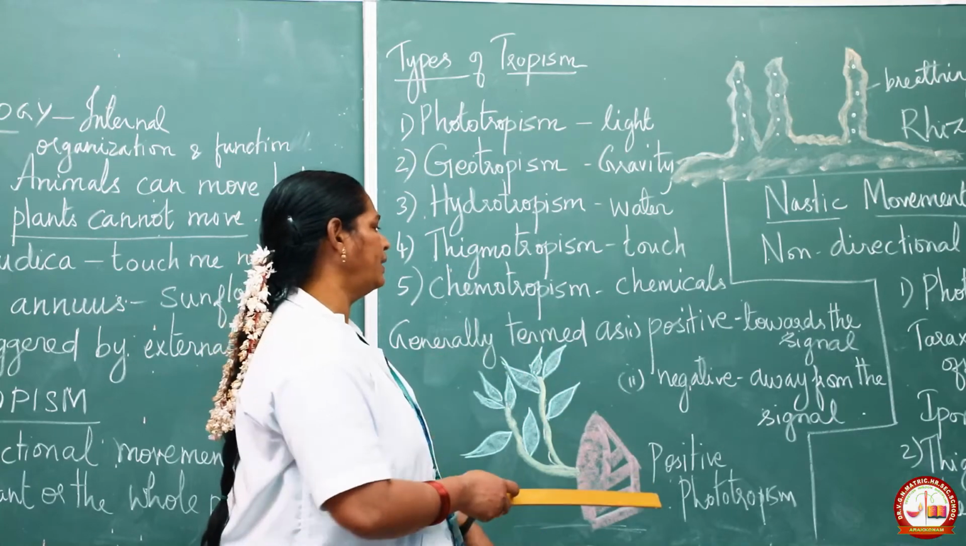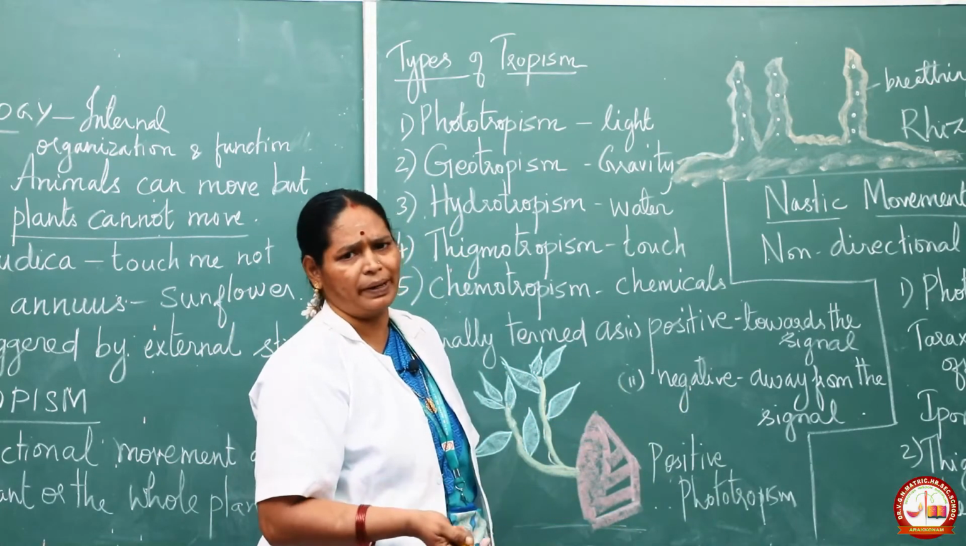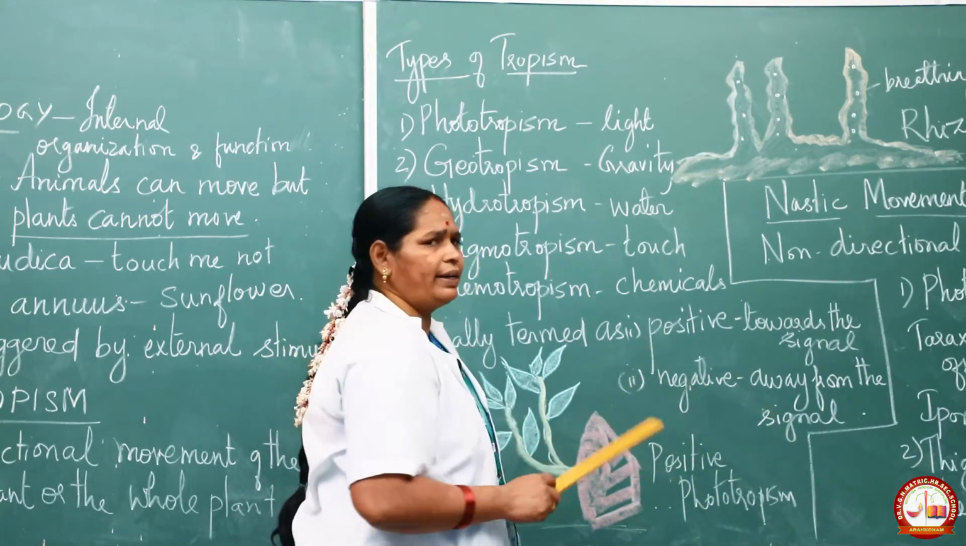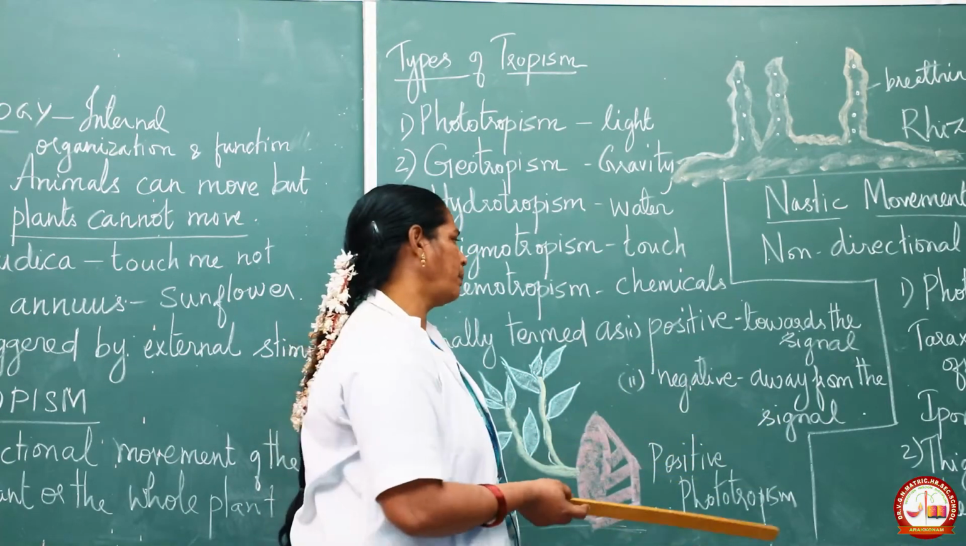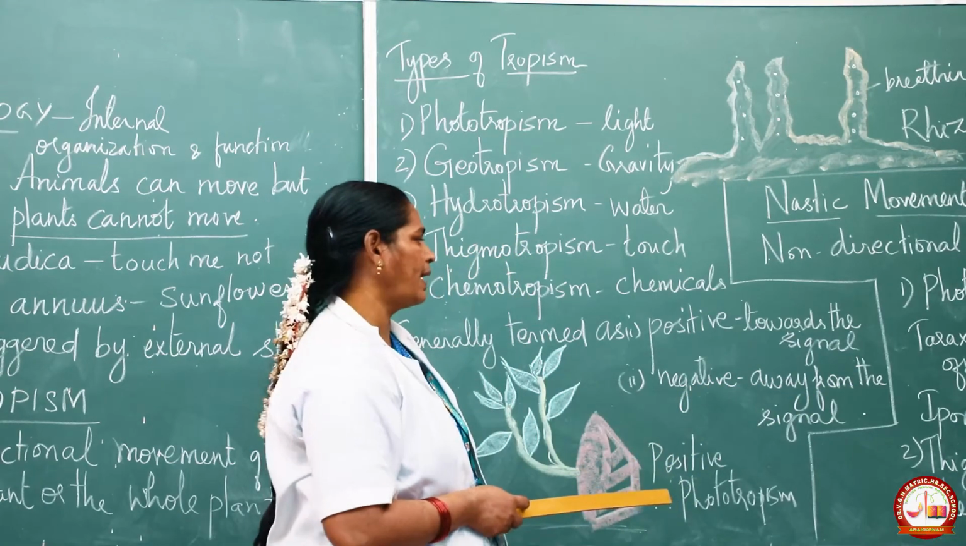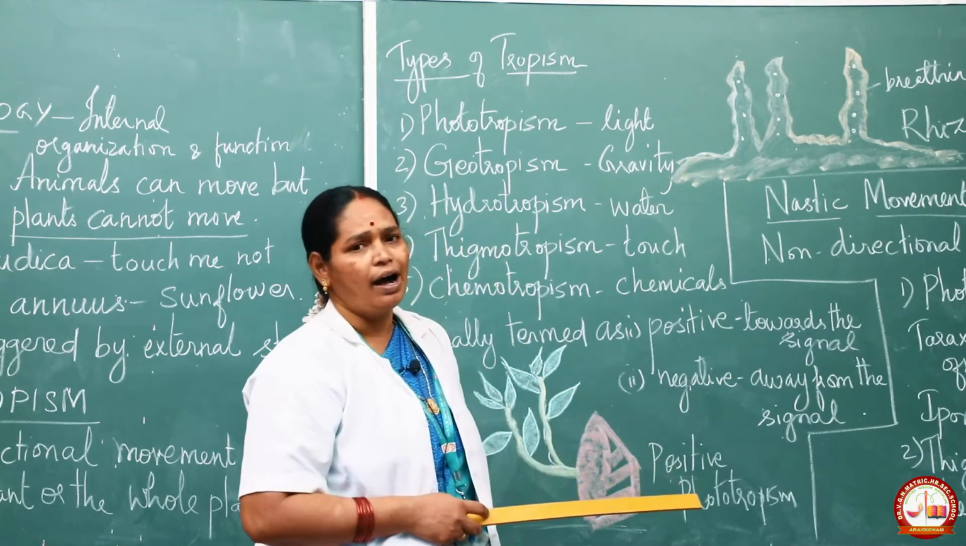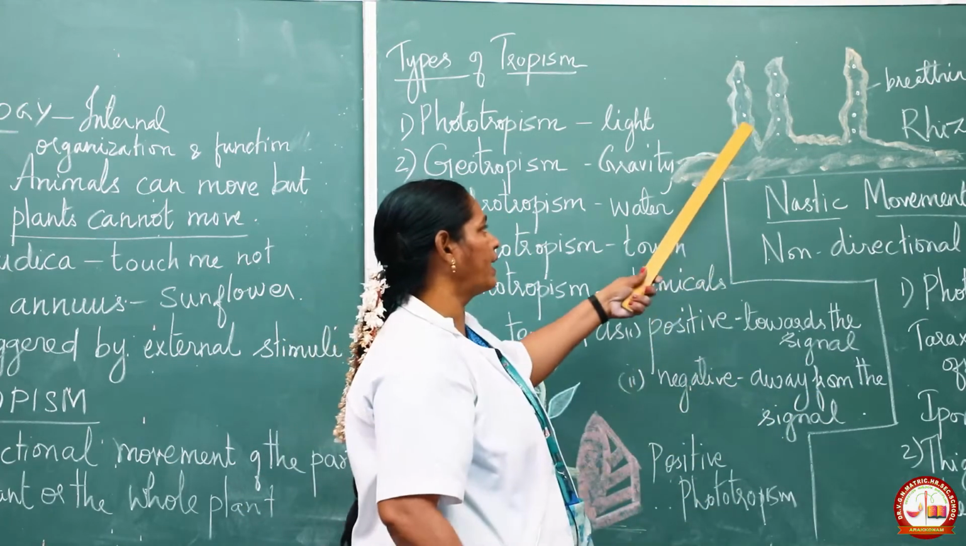See, some other plants are negative; they don't want to grow towards the light. Some plants avoid light. They are shade loving plants, and that type of movement we call what? Negative tropism. For example, they grow away from the signal. Here I have drawn a diagram about